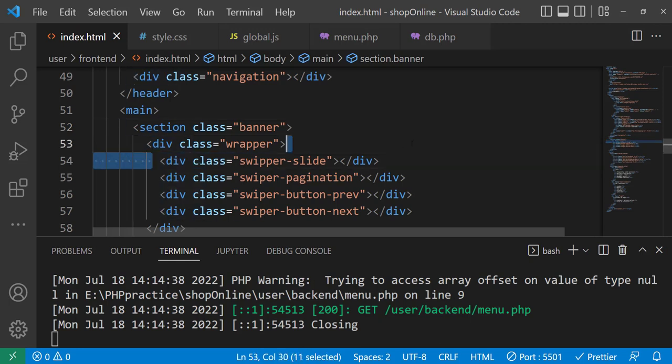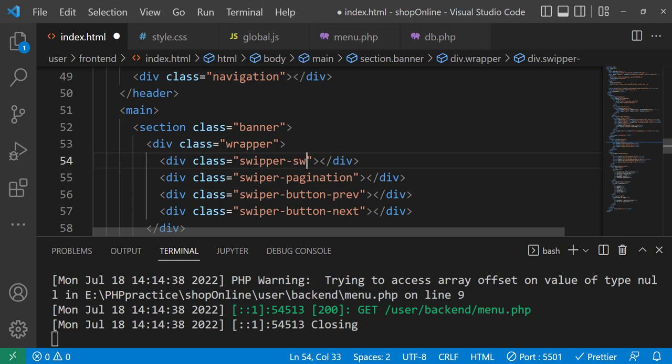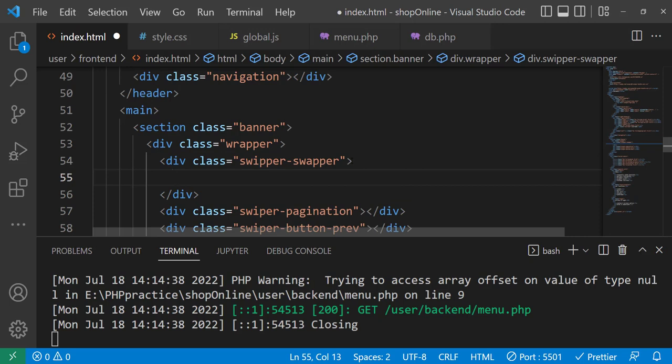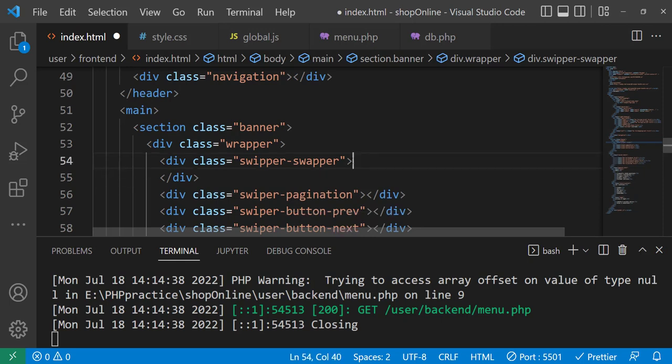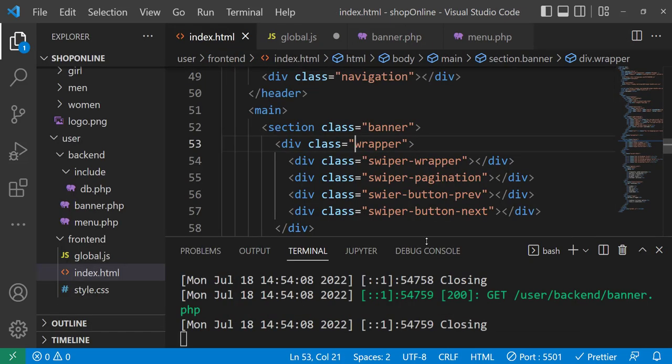This div, however, the swiper slider div, is supposed to contain swiper-wrapper, and within this div we are supposed to have different divs, and each of them should have a class named swiper-slide, and each slide is going to represent one banner image along with the text contents on the screen. But since we are going to define them dynamically, we are going to leave it empty. This is not wrapper, it's just swiper. So the first top level class is swiper, and inside that we have swiper-wrapper, swiper-pagination, swiper-button-previous,